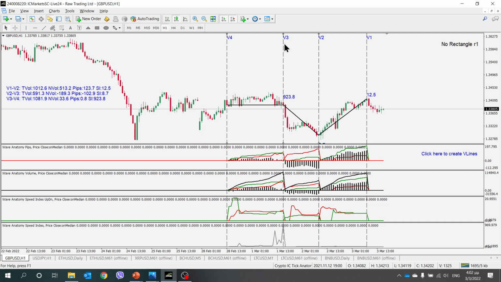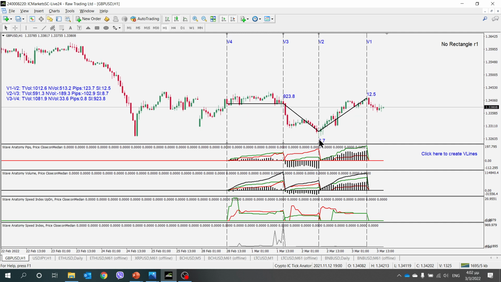then I am okay, and I see the numbers and speed index of each wave, also the numbers here, and here we have the pips. It is shown right here. Okay, here we have the volume, and here I have the speed index up and down, the bearish and the bullish, and here at the bottom I have the total speed index.